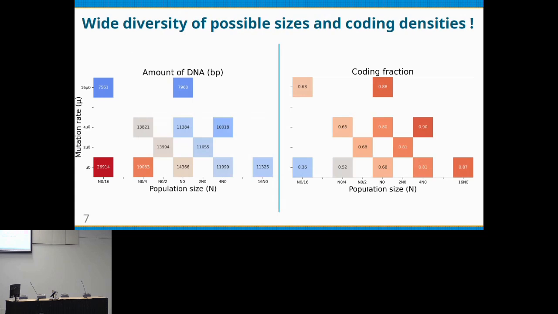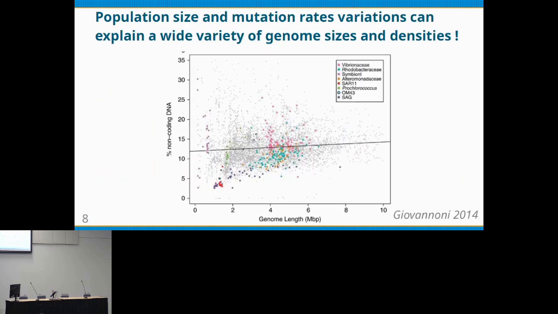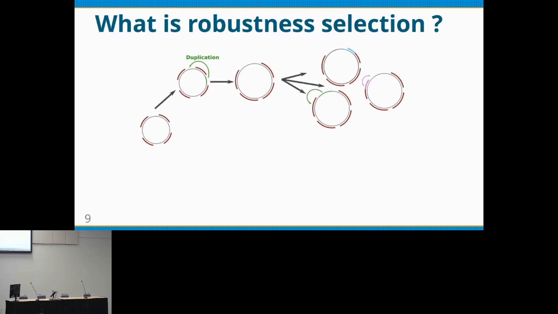So for example, starting from our original population size and mutation rate, we can reach the same coding density by changing the mutation rate or the population size, but with very different total sizes. So that's an observation, and it can explain the diversity of sizes and coding densities we have in vivo, but that's just an observation, and the next step was to try to understand why it is the case. So we do have some mechanistic explanation for that, but first I need to tell you a little bit about